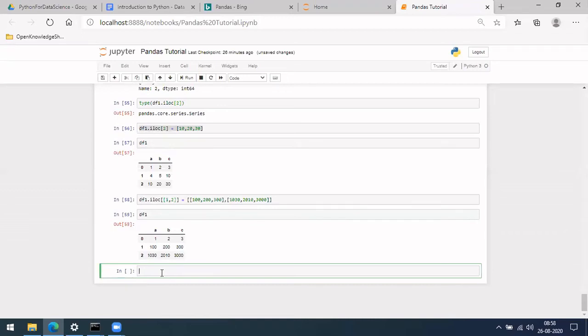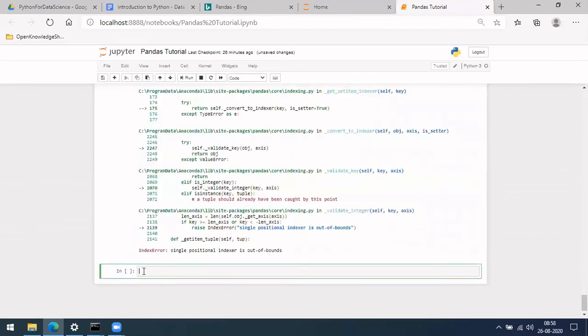So let me also try to add a new row here. Okay, so the data frame is already available, which has 3 rows here. I want to add one more row here, with index 3 now. Is it possible? So in case I give something like df1 of 3, is it possible?